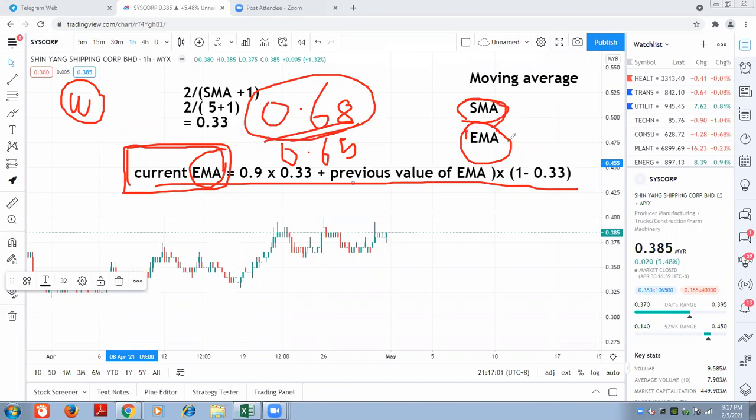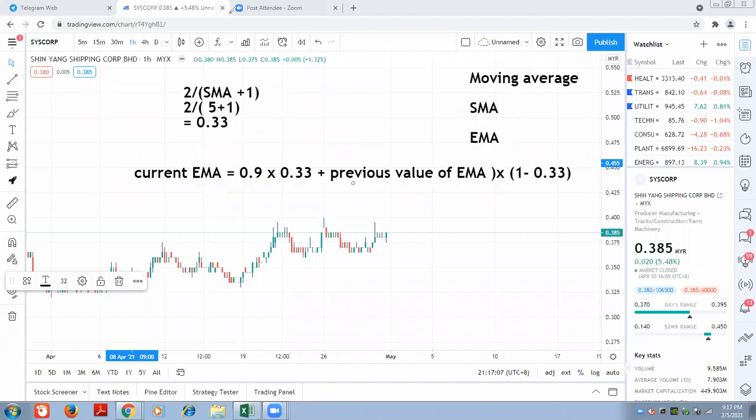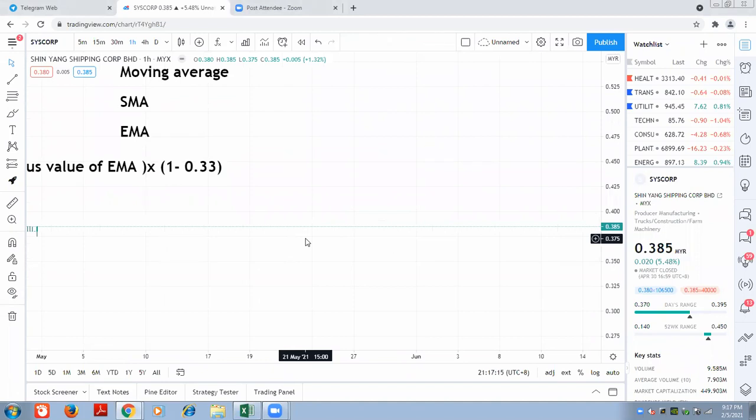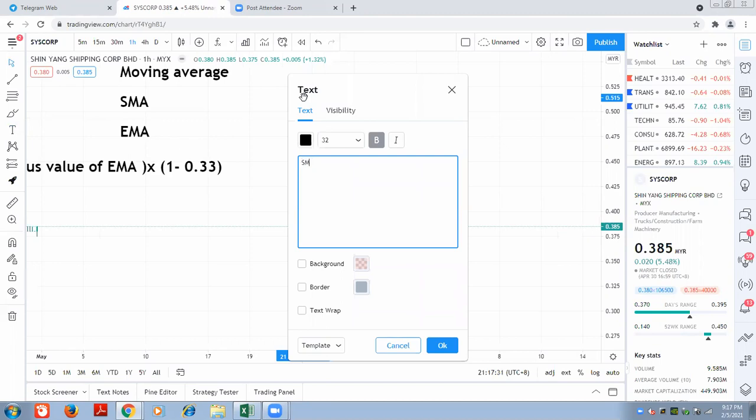Why do we want to use the EMA? SMA is called slow response, a smoother